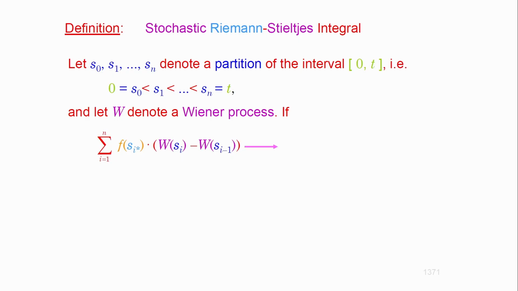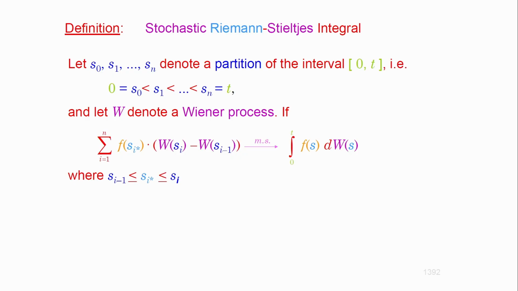Now, again, s_i asterisk can be somewhere between the upper and the lower endpoint. I was not telling you that, but if this thing is finite in terms of mean square convergence, where again s_i asterisk is somewhere between the lower and the upper endpoint, it can also be equal to it. I apologize. I would need to fix that. If it is on the slide, I will correct this.